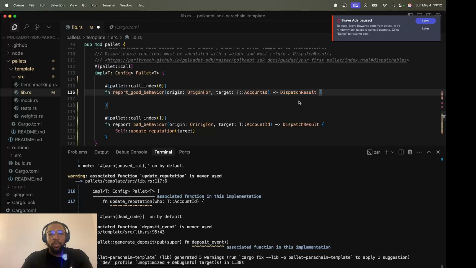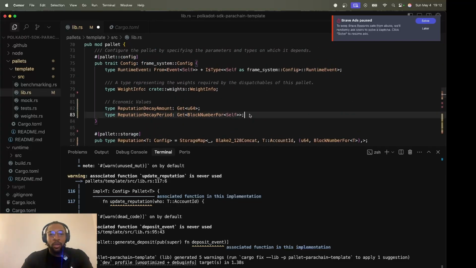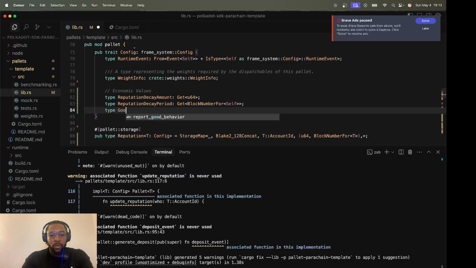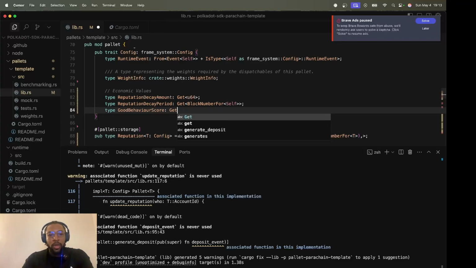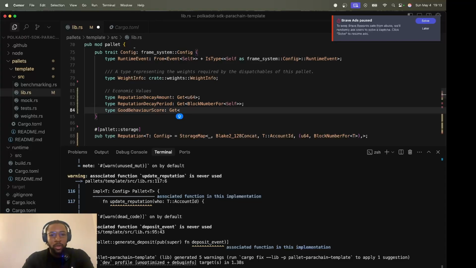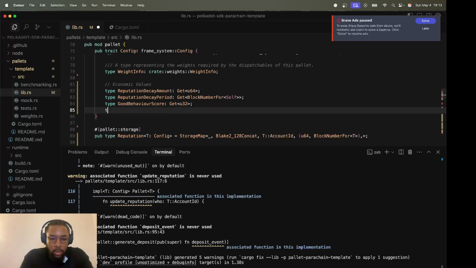good behavior and bad behavior should be an economic value as well, so that it's fixed, and everybody knows what they will get if they perform a good action and a bad action. And then type.